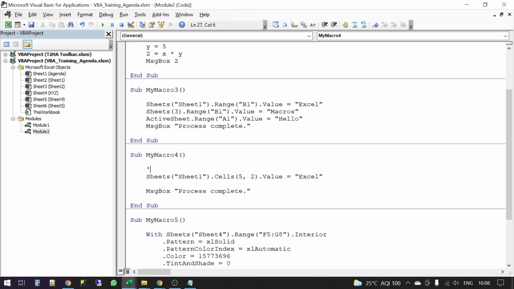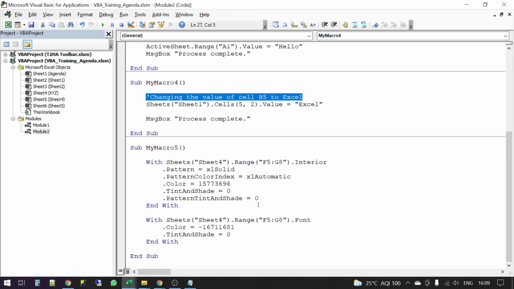So I can write anything which any human can understand, for example, changing the value of cell B5 to Excel. This has automatically become green. It's a very good practice, if you're writing code, to comment the code, so that if anybody else looks at it, it is very easy for that person to understand that this means changing the value of this cell. So this is a comment.